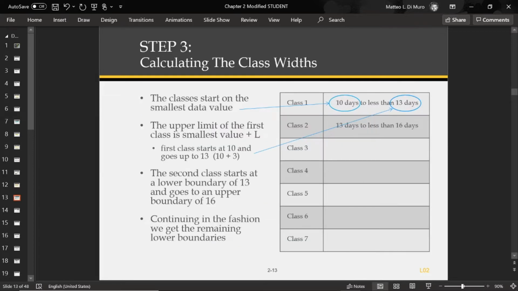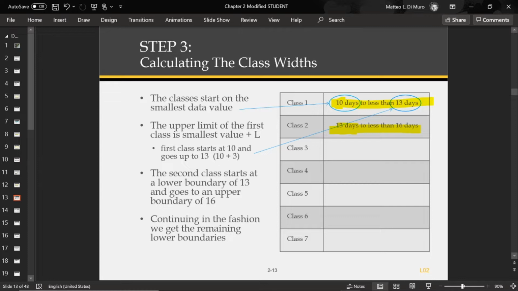Now, the class widths. This is just going to help you organize your data a little bit here. The classes start on the smallest data value, which we already established was 10. In the last step, we determined the length of each class was 3, so 3 days. So class 1 starts on 10 and then add 3, and notice the language here: it's 10 days to less than 13. Class 2 starts on 13, so it actually includes 13, and then you add 3 to go